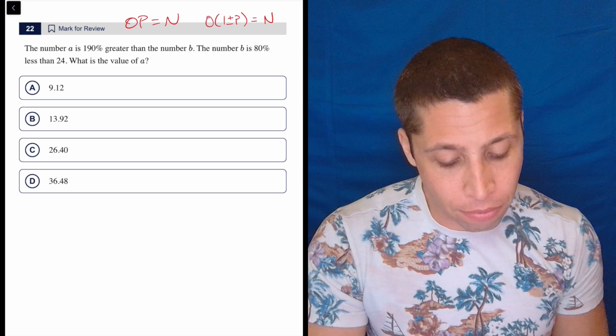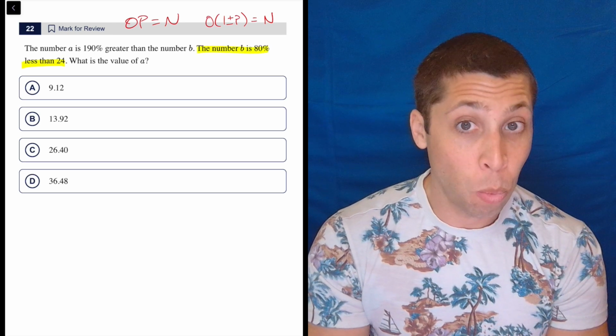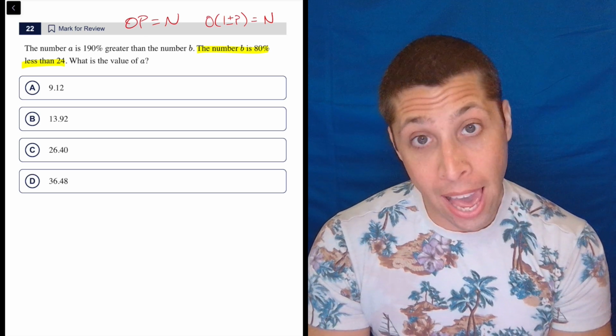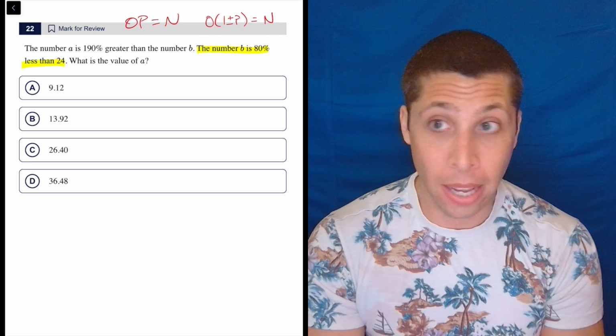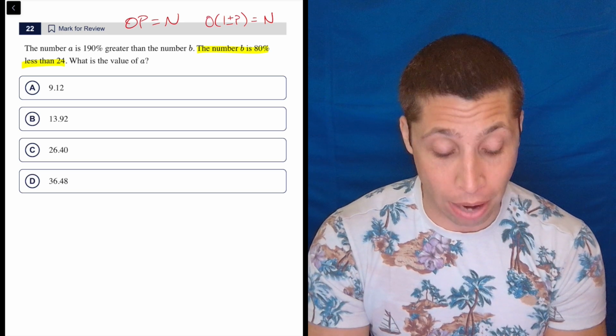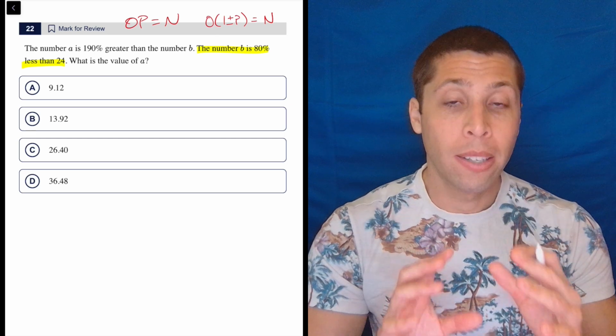The sentence that I want to work with first is this one, because that one only has one missing piece, the B. Notice the first sentence has 2 missing pieces, the A and the B, right? That's more complicated because now there are 2 things I don't know. So don't worry about that. We'll get the B first and then we'll deal with that, right? So if we look at this highlighted sentence, we're going to be able to solve for B and get